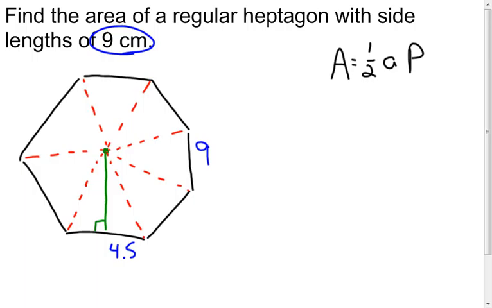Now, the next thing I'm going to do is calculate the measure of one of these angles, specifically that one. What I know is all those triangles in that heptagon are congruent, therefore all those angles around the center are going to be congruent, and then I can find the measure of just one of them. So if I take 360 and divide it by 7, I'm going to have the measure of each one of those angles I have marked with the orange arc. Now I end up with 51.43